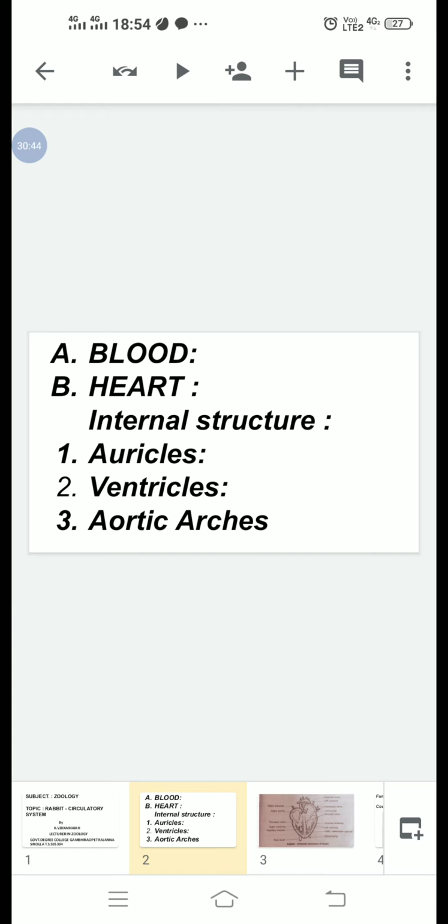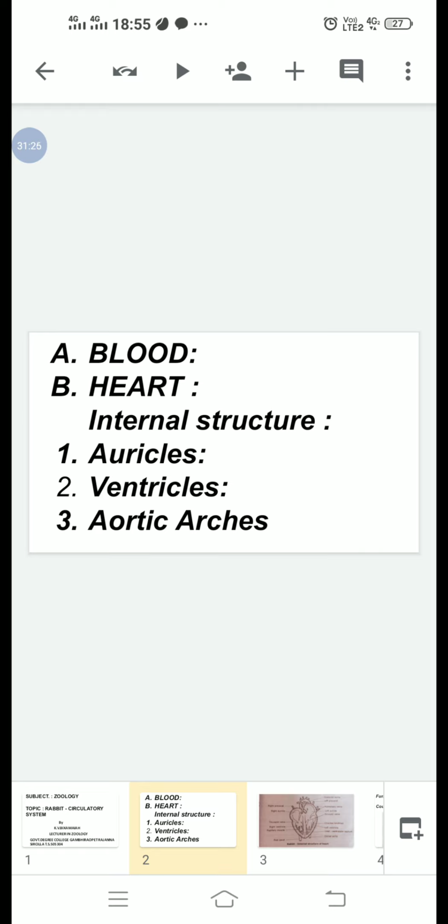They are separated from each other by an interventricular septum. The left ventricle is larger than the right. The wall of the ventricles is thick and highly muscular. The wall of the left ventricle is thicker than that of the right ventricle. The inner surface of the ventricles is raised into muscular ridges called columnae carneae. Some of these ridges are large and conical and are the papillary muscles, connected between the auriculoventricular valves and papillary muscles by tendon-like chordae tendineae.